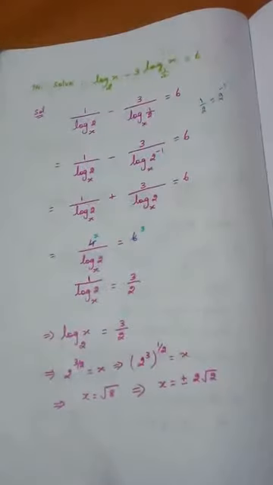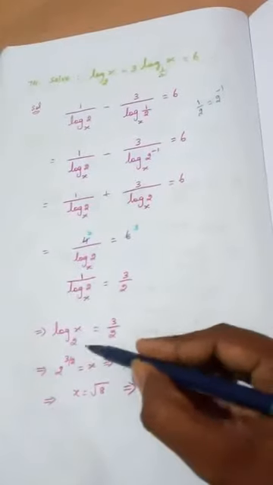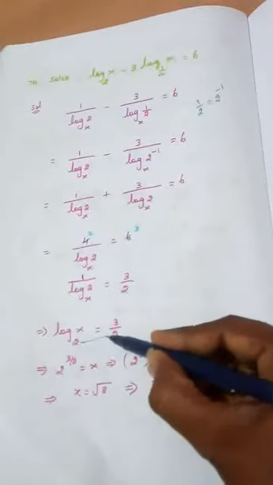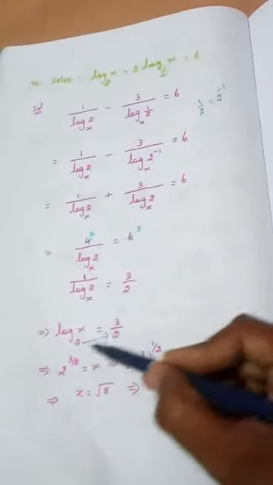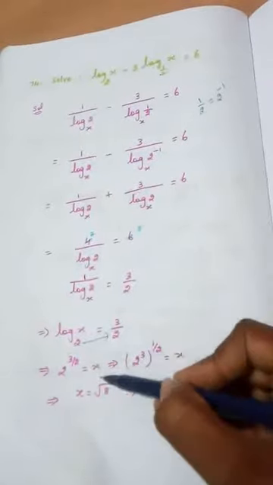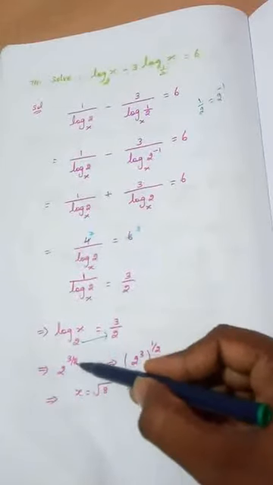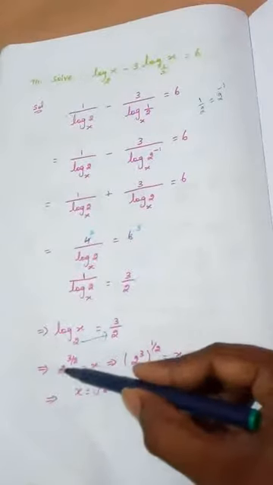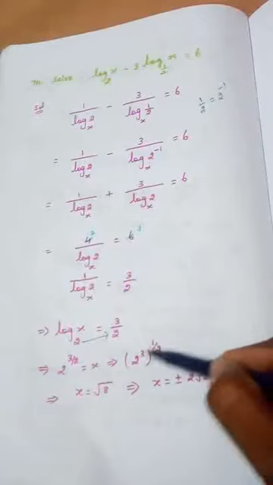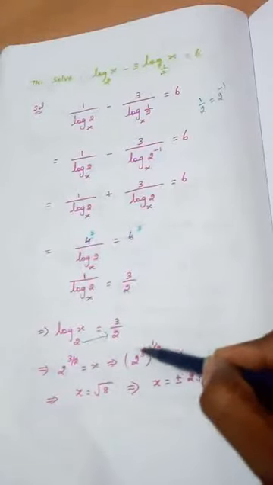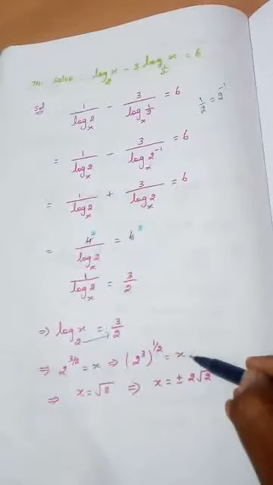This is in logarithmic form. How to write it in exponential form? Put an arrow mark like this. So 2 to the power of 3 by 2, 2 power 3 by 2 equal to x. This is called exponential form. See this 2 power 3 by 2, once again I am splitting like this, 2 power 3, another power 1 by 2, because if 2 powers are there we should multiply, so multiplying means 3 by 2 we will get. So 2 power 3 power 1 by 2 equal to x.